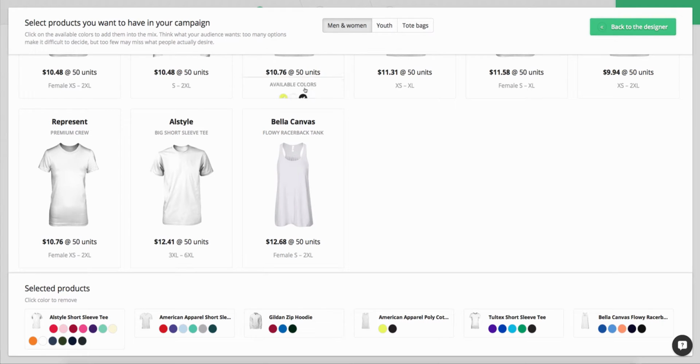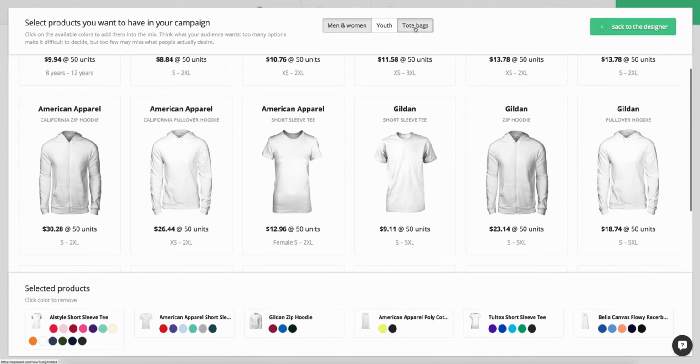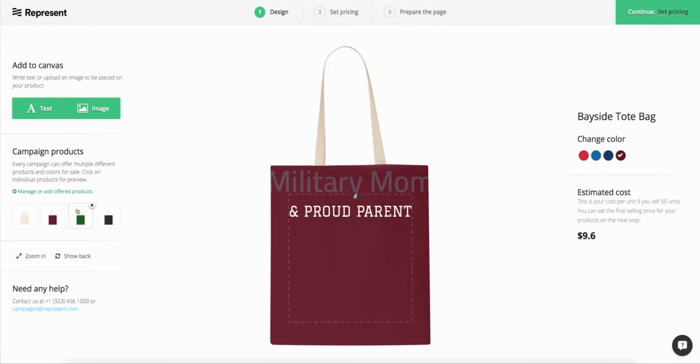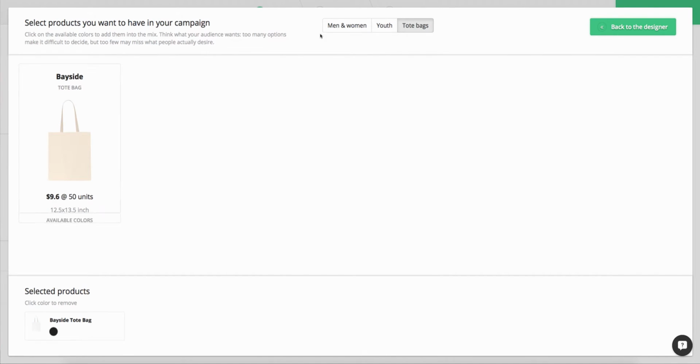They've been added, and I could even go up here and say, hey, let's add tote bags to the mix as well, and watch what happens. I head back to the designer. You're going to see all of the products over here on the left-hand side. And of course, you can come in and redo this entire thing to make it fit where you want it on the tote bag or on each individual shirt. If you decide you don't want some things, you just come over here to the left and say, oh, that's ugly, I didn't like that, or that one didn't work out like I wanted it to. You can always come back in here and